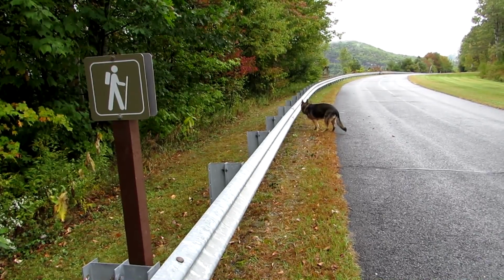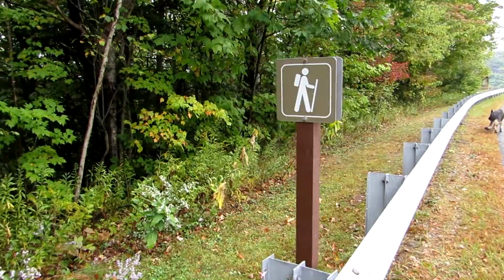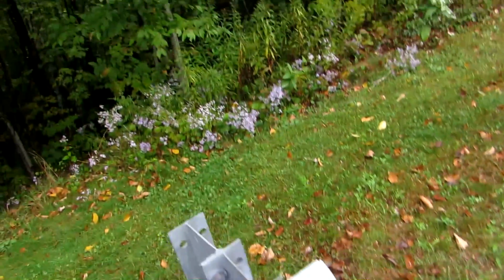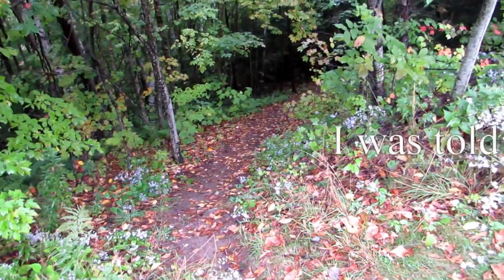Ball Mountain Lake. Army Corps of Engineers. If you know engineers, they're a little anal. So here's a spot broken through the thing, and a trail that goes down to who knows where. I'm trying to find a map. Maybe we'll take some of these trails, but